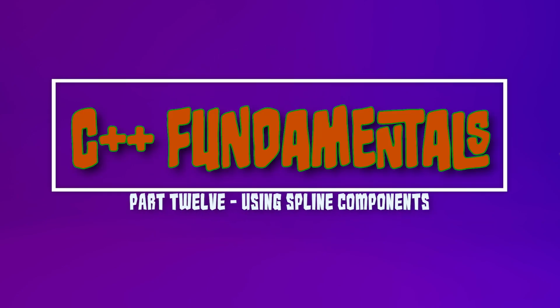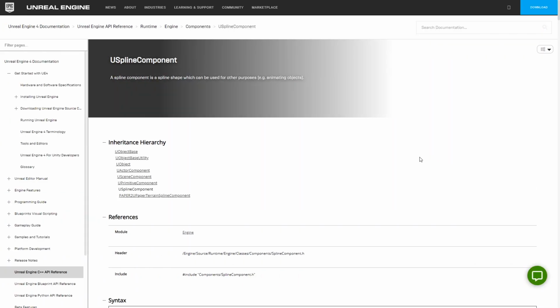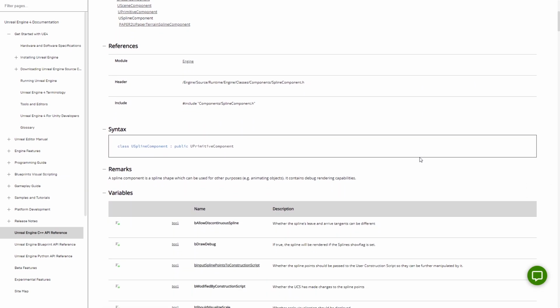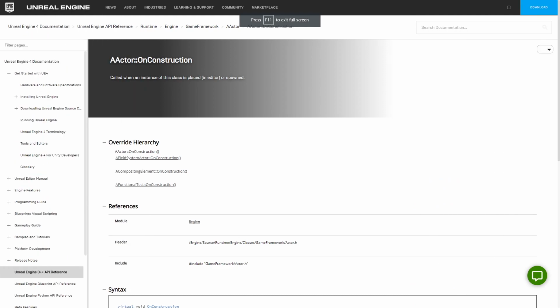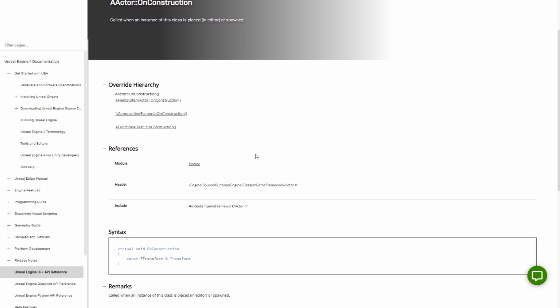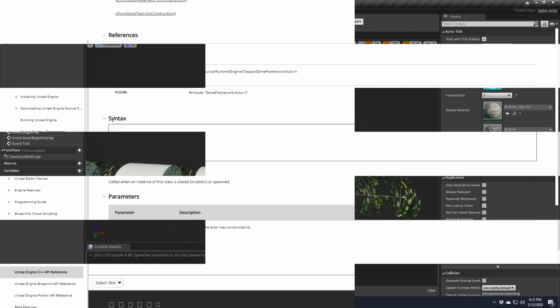Hey guys, this is Wojtek, and today we're going to take a look at how to leverage spline components. Specifically, we're going to look at how to create a new actor that leverages a spline component, as well as some properties that are being exposed by that spline component. We're also going to override the onConstruction method signature in order to allow us to render our spline components within